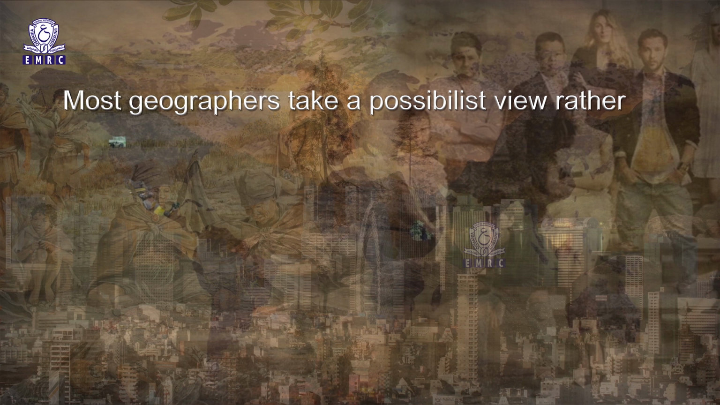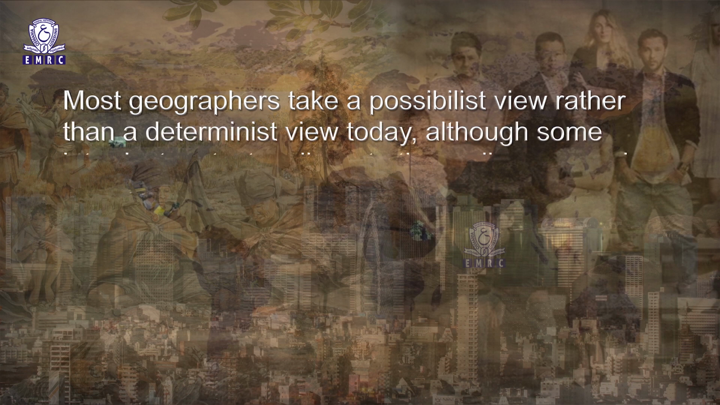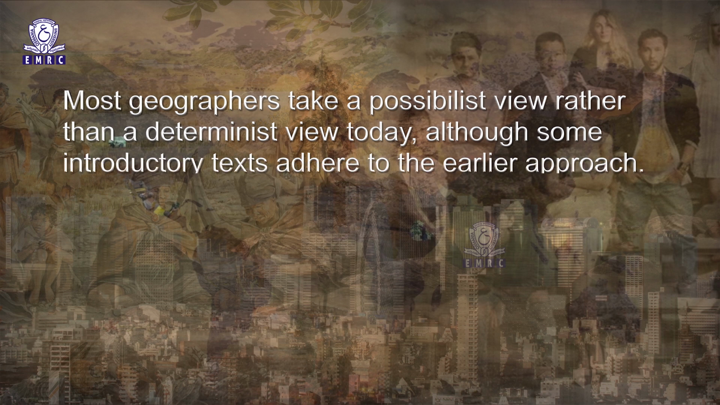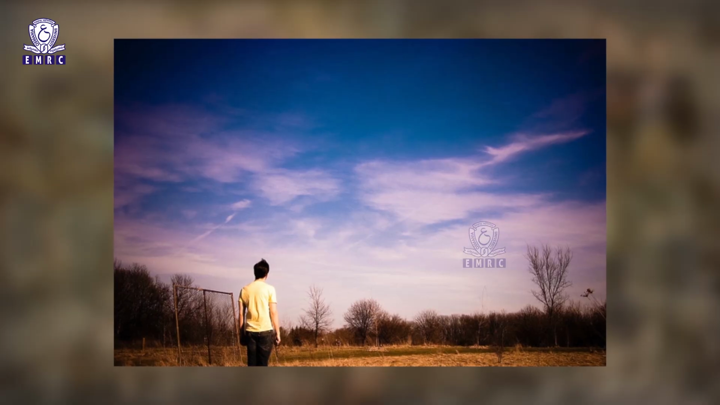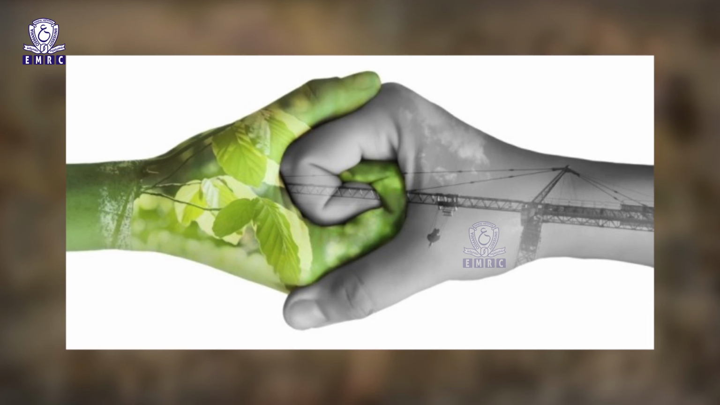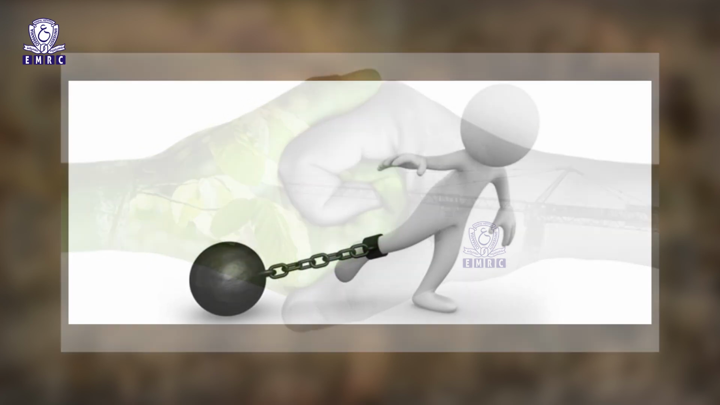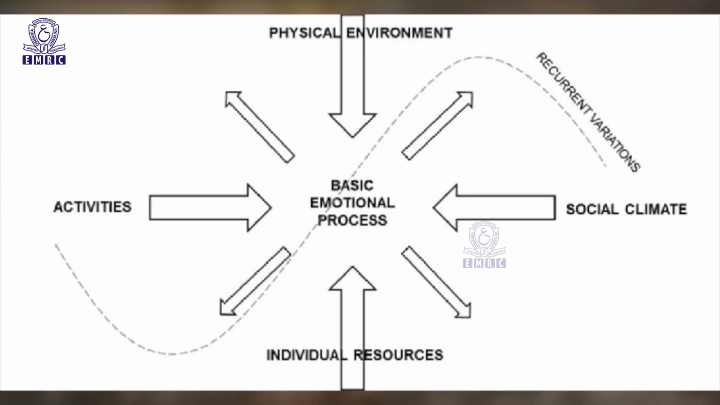So, most geographers take a possibilistic view rather than a deterministic view today. Although some introductory texts adhere to the earlier approach, this is not to say that the role of environment is unimportant, because it provides the setting within which man operates, presenting him with a range of opportunities and constraints. Nevertheless, it is not easy to measure the influence of the environment on man because of the complexity of relationships in